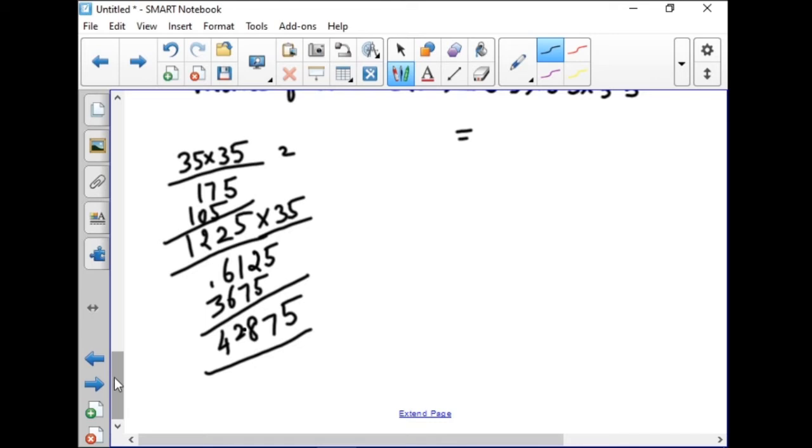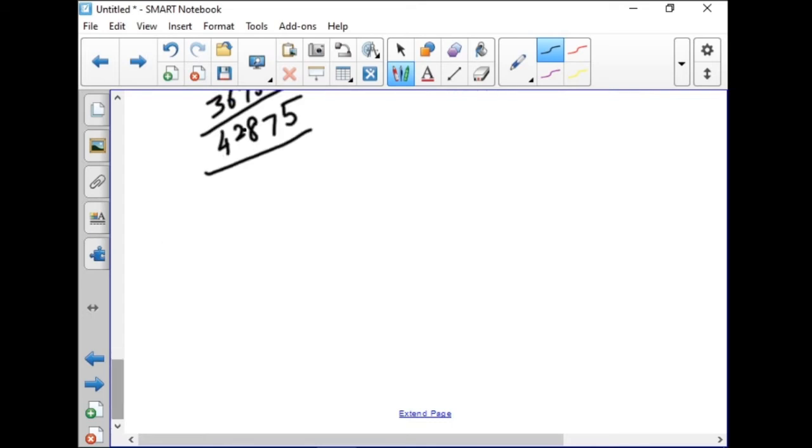So what do you get? So your answer is 42.875. That is in centimeters, so you can use the centimeter cube. Okay, so the next one,